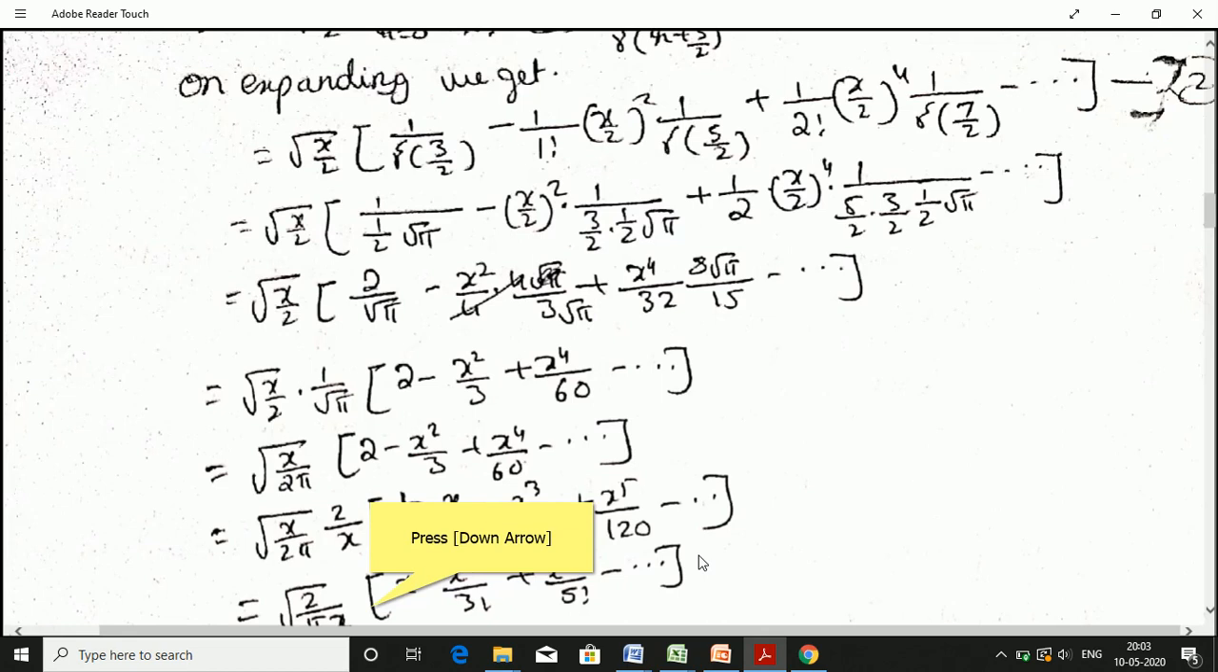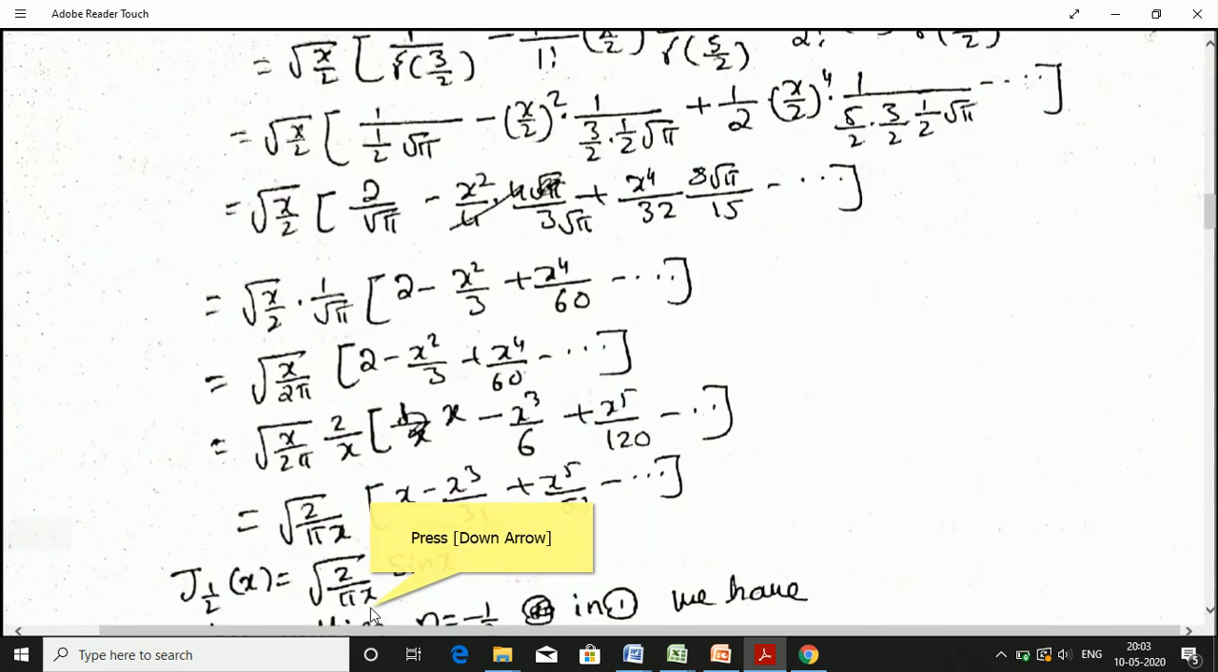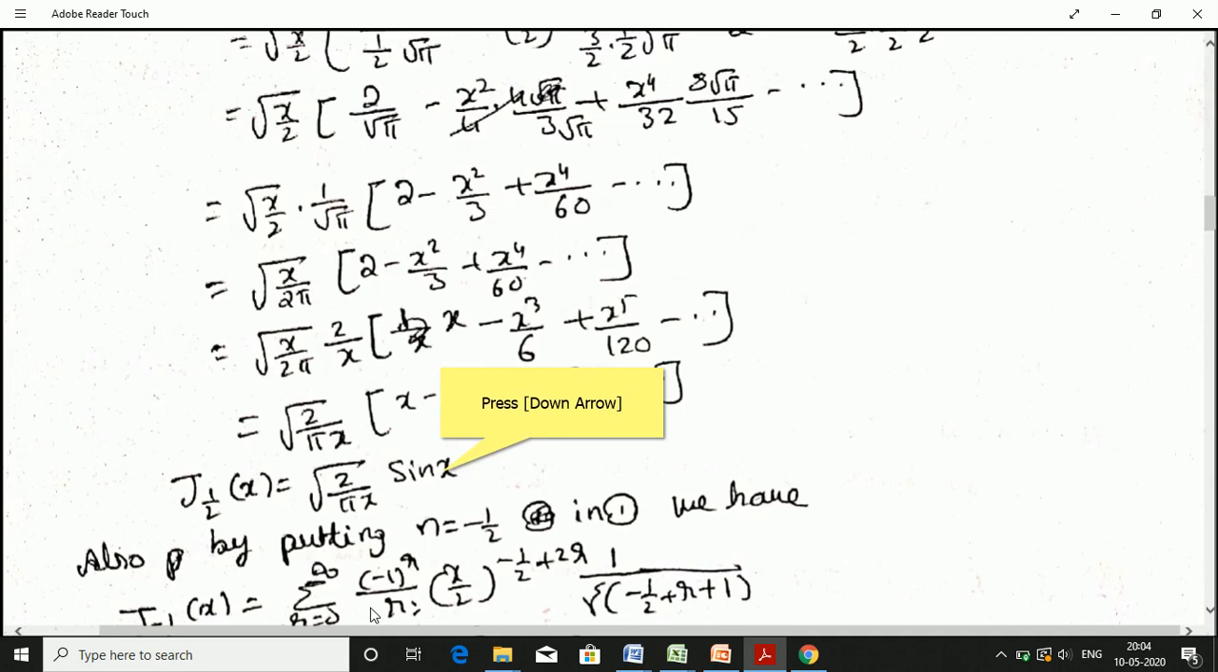Okay, here 2 by root 2 is root 2, root x by x is root x. So square root of 2 by pi x into x minus x cube by 3 factorial plus x to the power of 5 divided by 5 factorial plus dot dot. J of x is equal to square root of 2 by pi x into this infinite series, which is nothing but the sine series, sine x. Okay, now